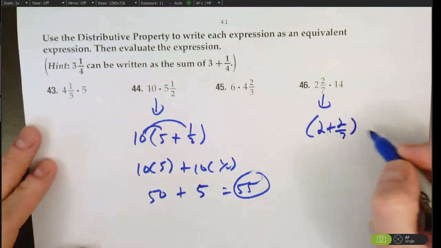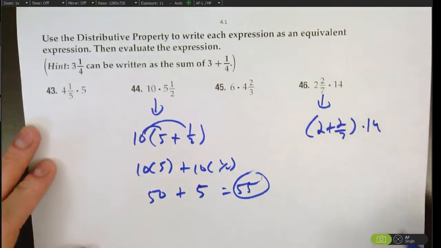And the same thing for then 26. 2 plus 2/7 times 14. And distribute the 14 to both of those. And then last but not least, from this last part here,